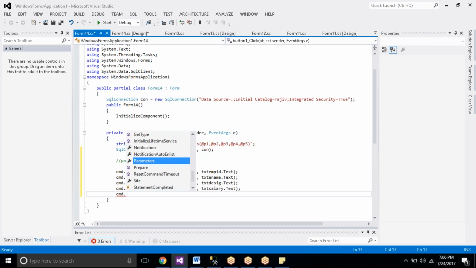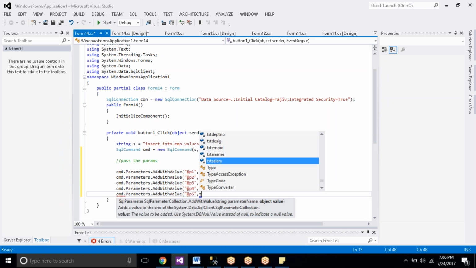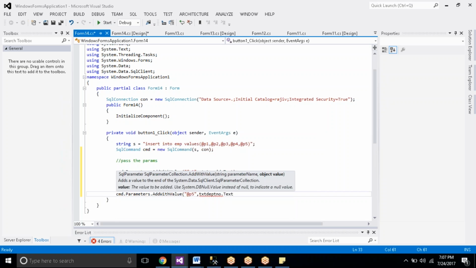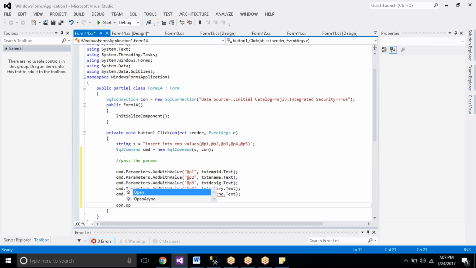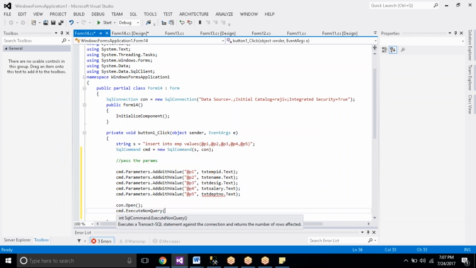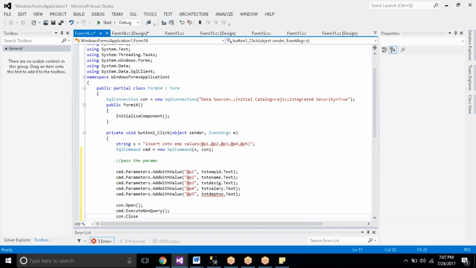Finally, one more parameter, cmd.Parameters.AddWithValue p5, and in p5 we are taking txtDepartmentNumber.Text. Correct? Now how to execute this query? con.Open, then cmd.ExecuteNonQuery, and closing the connection with the help of con.Close.